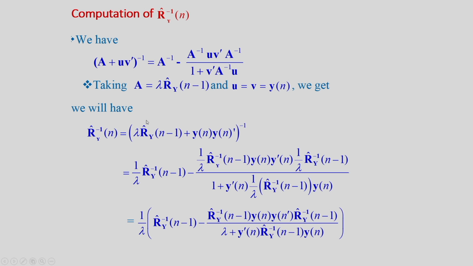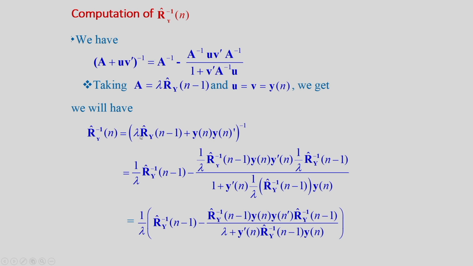Now, using these results, we will get this inversion by using this formula: 1 by lambda times Ry hat inverse n minus 1, minus,